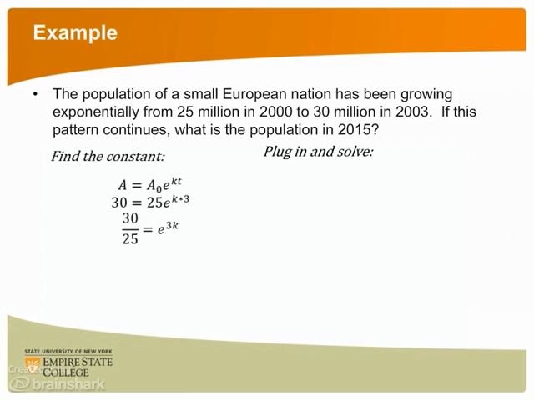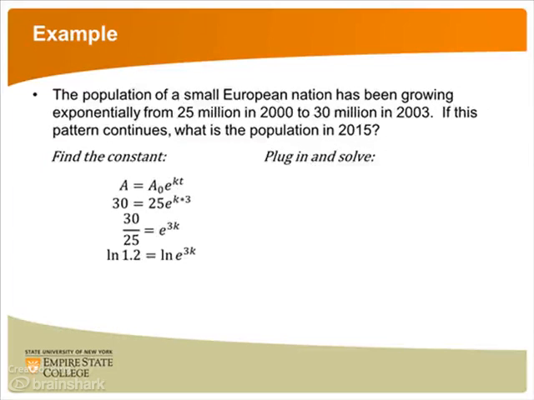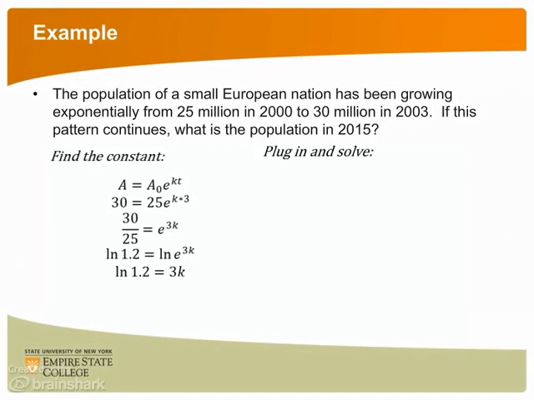Sometimes we leave this division step as a fraction, but the result of dividing 30 by 25 is a nice decimal, so we can write it as 1.2. On the right side of the equal sign, the 25 cancels out, and we are left with e raised to the 3k power. Take the natural logarithm of both sides of the equation. We leave the natural logarithm of 1.2 as is, because we want to maintain precision as long as possible. On the right side, the natural log and the e cancel each other out, and we are left with